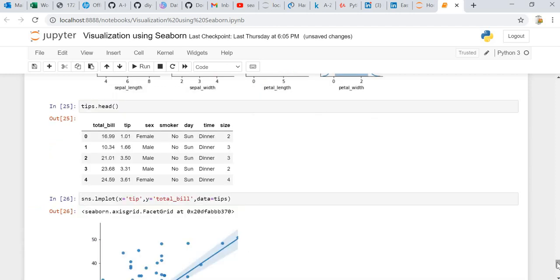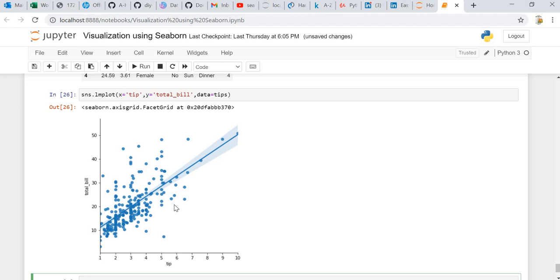Once we do that, we can see that it gives us a scatter plot, but it is also giving us a linear line. We will discuss more about it when we discuss the linear model, but this is how the lmplot is built up. This is mostly used when we are doing the linear regression model.